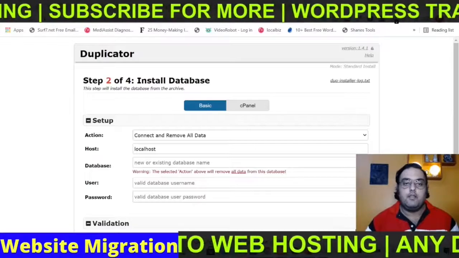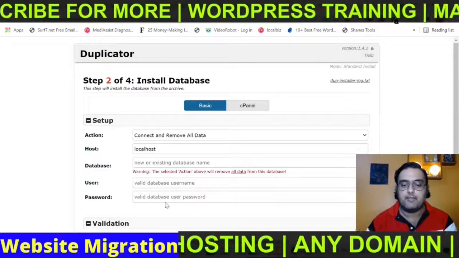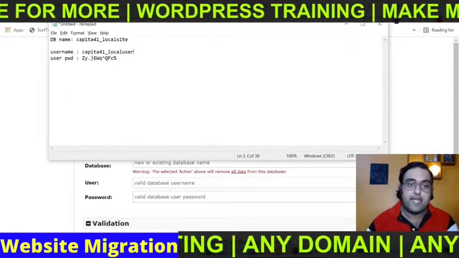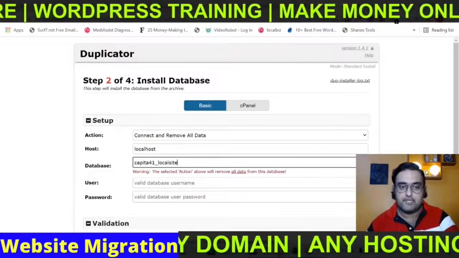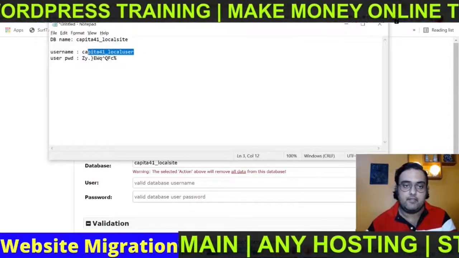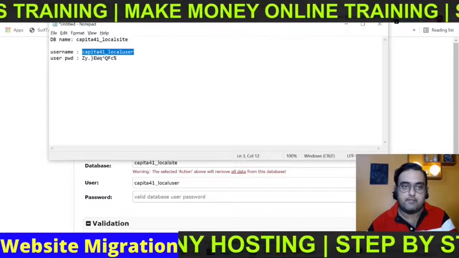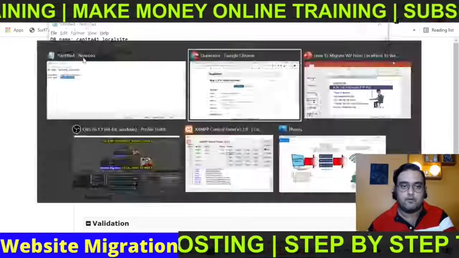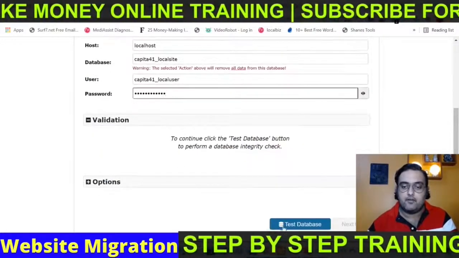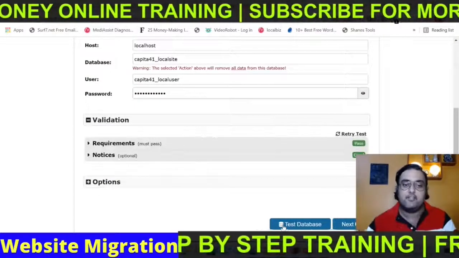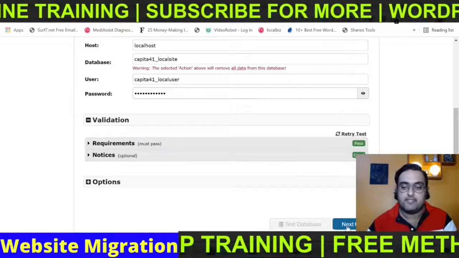and click on next. Now comes the install database, and in here you need to provide the database, user, and the password, the same information that we had kept stored. So just make sure that you provide that information. So here you go with the database, and here is the user information, and then just copy the password and you should be good to go, right? So you can click on test database to make sure that the connection is good. And as you can see, the connection is good. So just click on next.